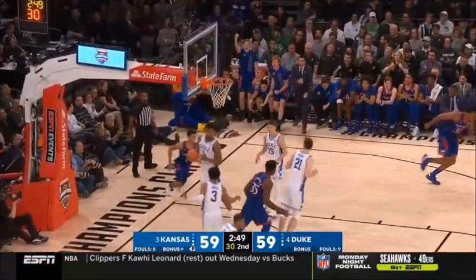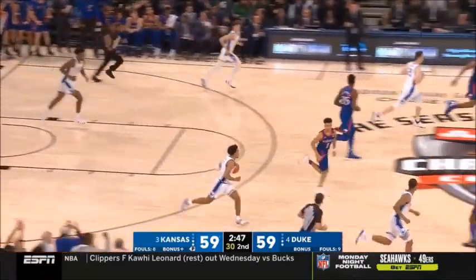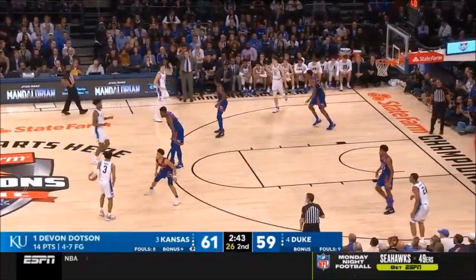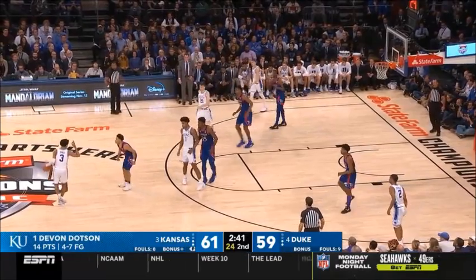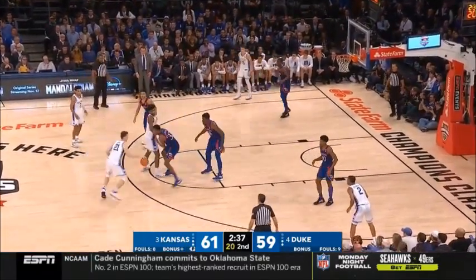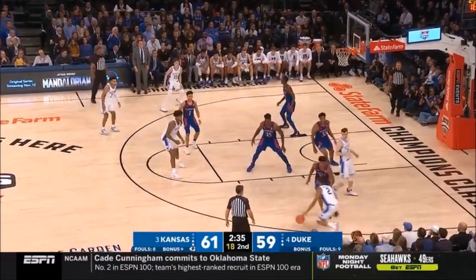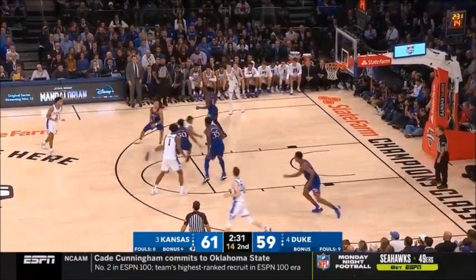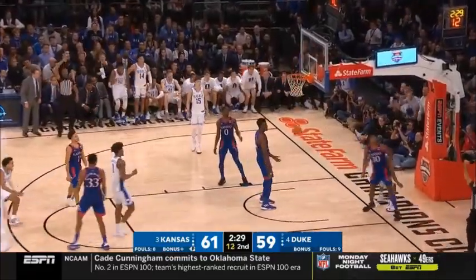Dotson gets by Jones and lays it in with a left hand. Boy, what a beautiful drive and finish. Just bounces off of people and will not take his eyes off that rim. Just a beautiful left-handed layup. Hurt little stutter step, kicks it out. I think Hurt's got to touch the ball more. Stanley driving by Agbaji, and he